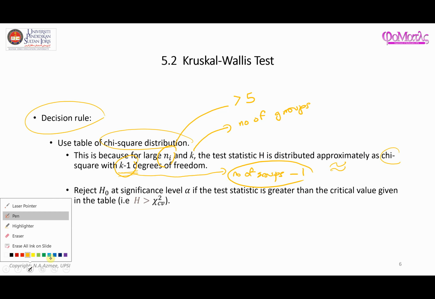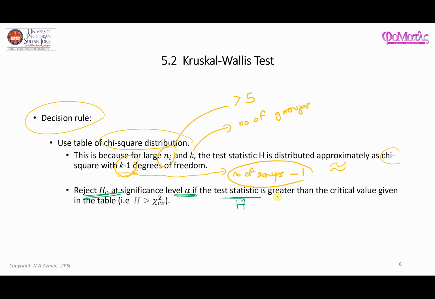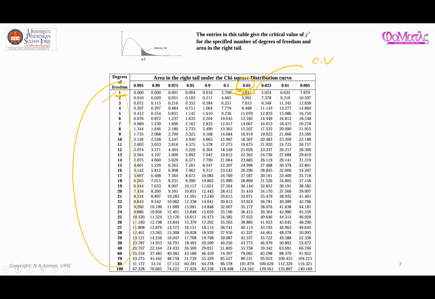Well, the decision is you will reject H null at significance level alpha if the test statistic, your H here, is greater than the critical value given in the table. So this is the critical value. Again, don't worry too much if you're not able to grasp the idea of the distribution table here, because we will look at a practical example in the next video, and you'll hopefully be able to put together all the things that I've said. Okay,